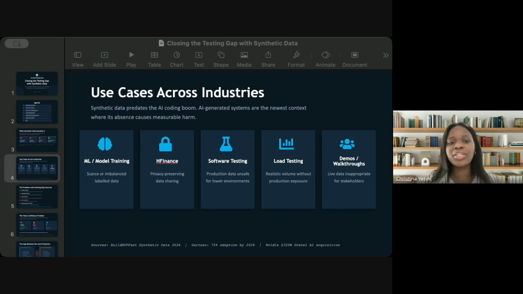From there, and this connects to demos and walkthroughs, this is particularly pertinent for roles such as product leads and consultants, where they need this when conducting a presentation of a system to a client, or if you're in an organization where you need to present the functionality of a system to your board or a team, where you cannot use real customer data because there are a number of hurdles one would have to cross. But a demo that is